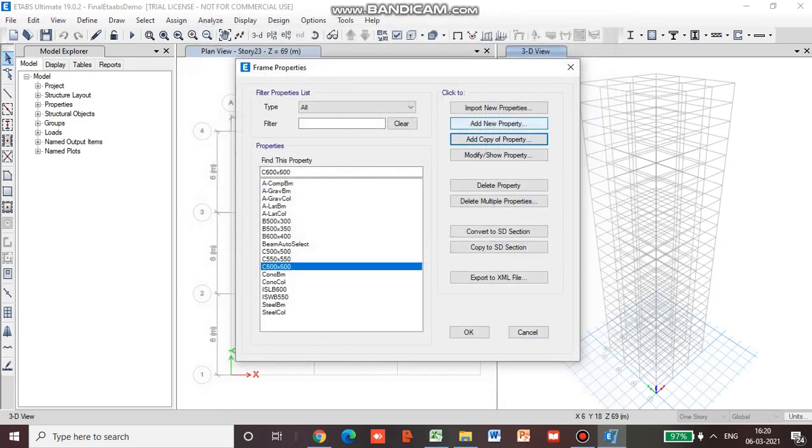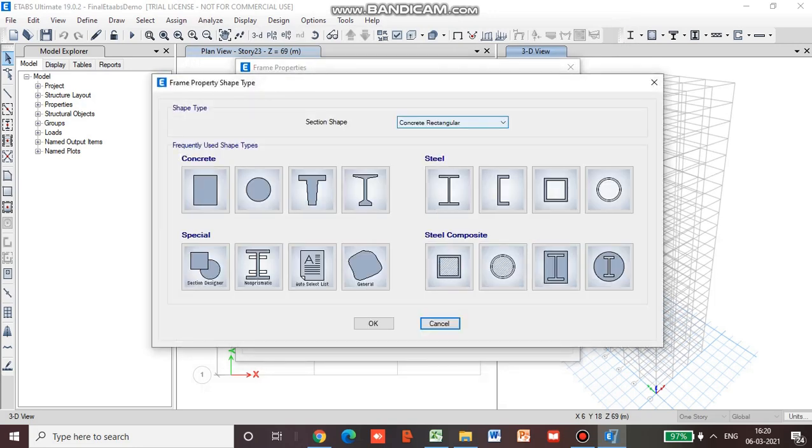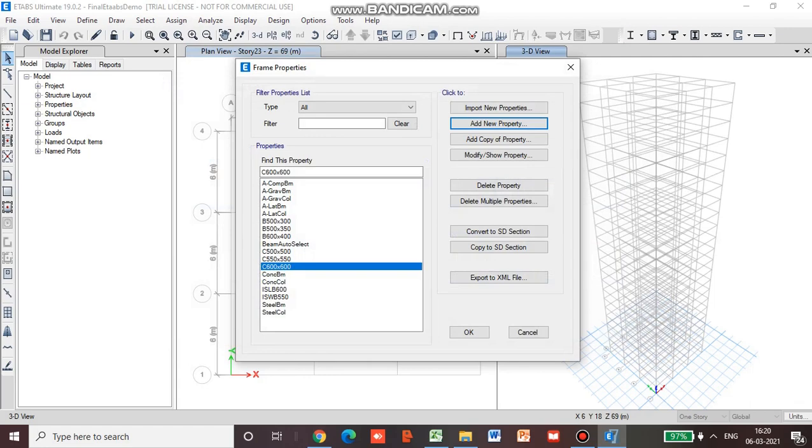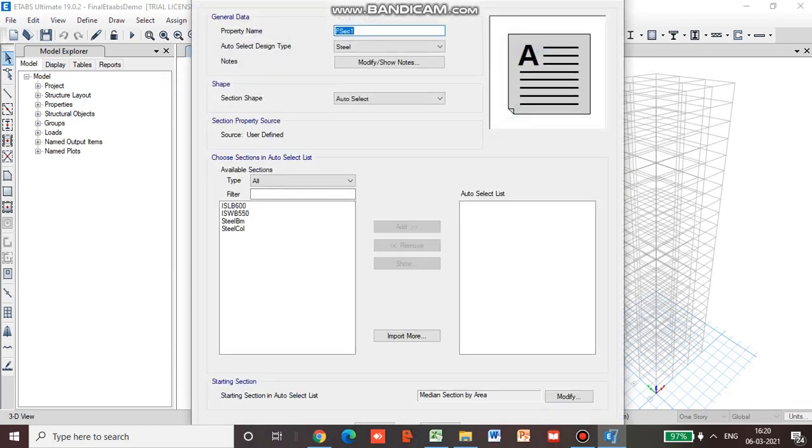Now we will make the auto select list of these column sections. So we will go for add new property, and we will go for auto select list under the special category. So here property name we will keep as column auto select.